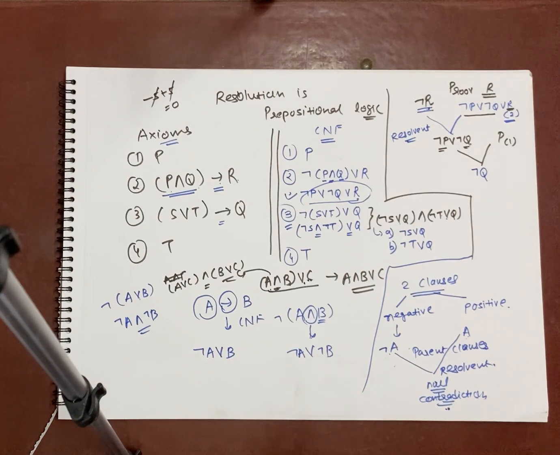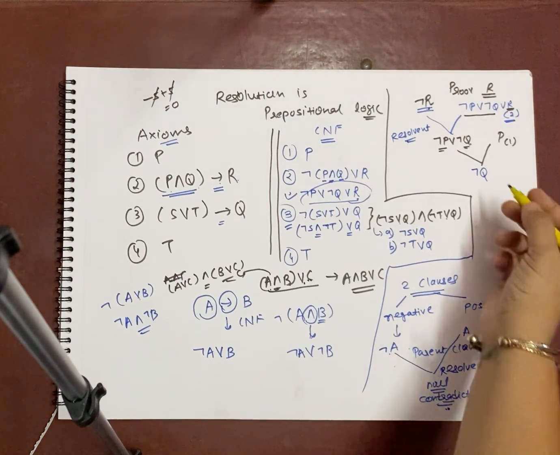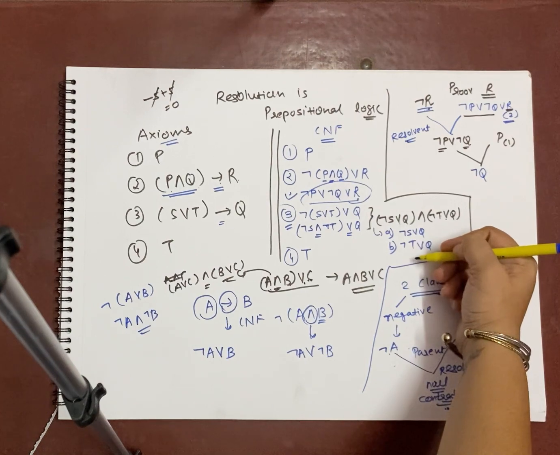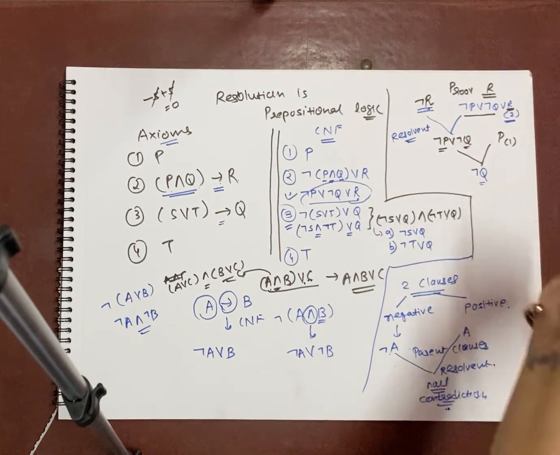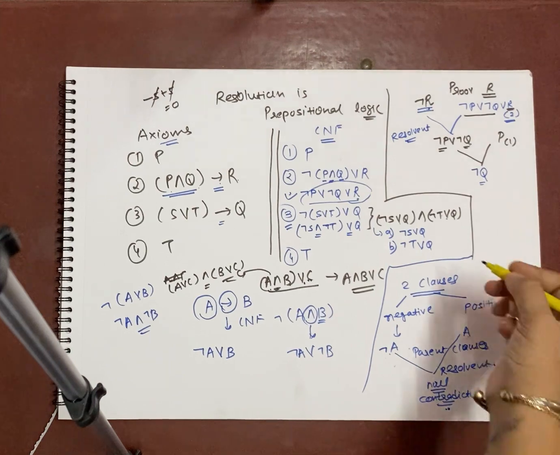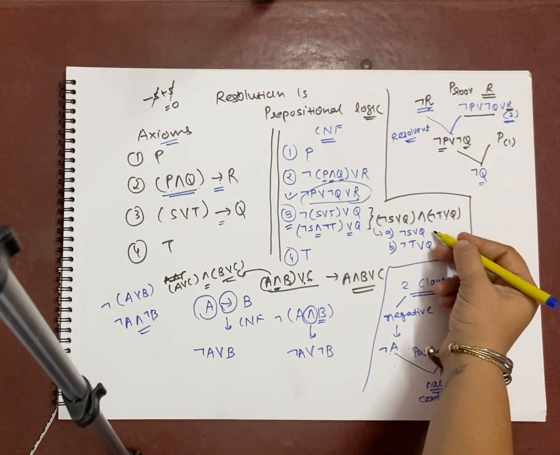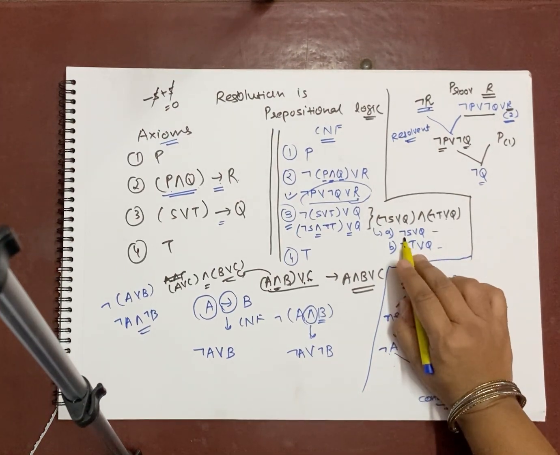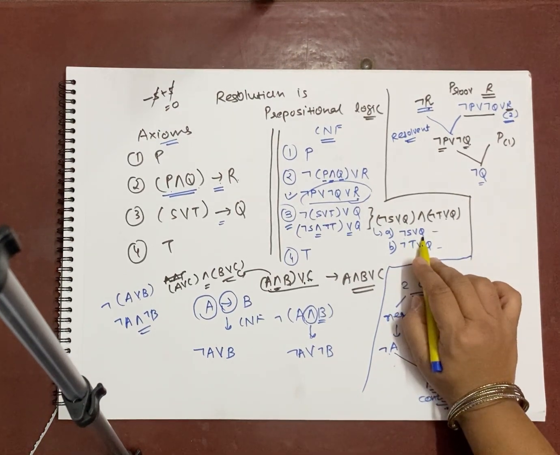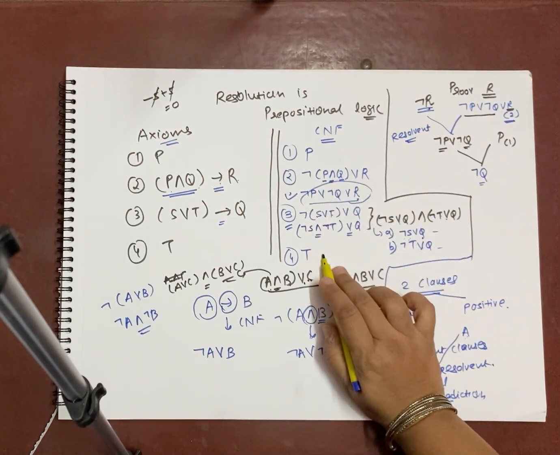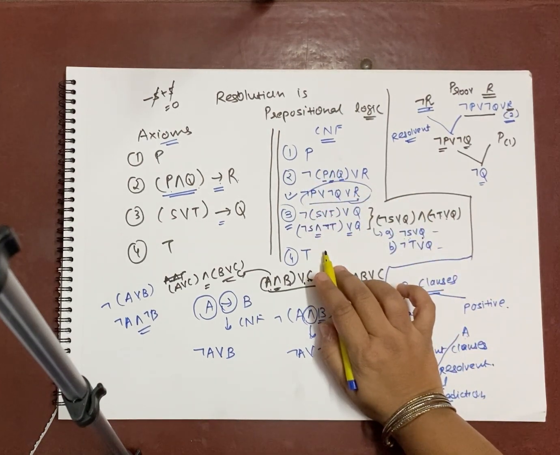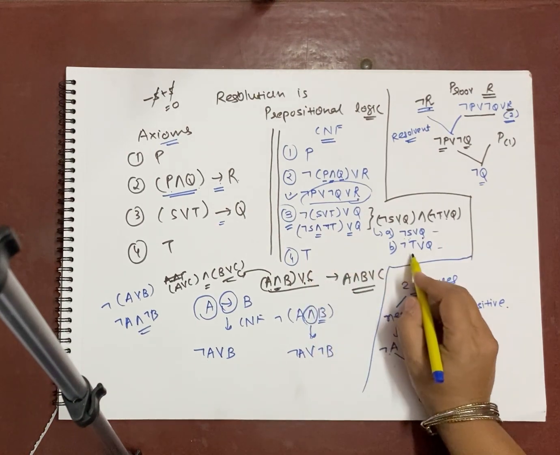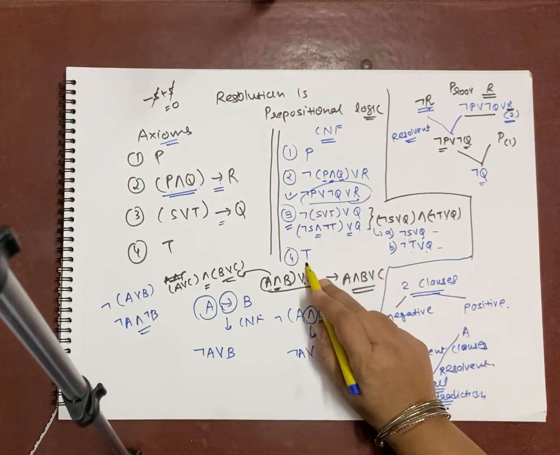Now what you have to do once again? You have to refer to all the clauses you have and find a clause where you have the reverse of this. That parent clause should be selected. So positive Q, yes, positive Q is available in this one also and this one also. But you should be smartly selecting the clause. If I select not S or Q, then later I have to search for S, which is not available anywhere. Positive S as a fact is nowhere available, so at that point I am going to be stuck. But if I select not T or Q, then positive T is available as one of the facts over here. So that will work out.